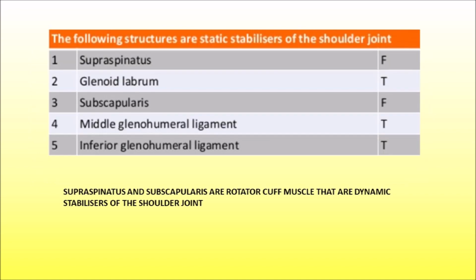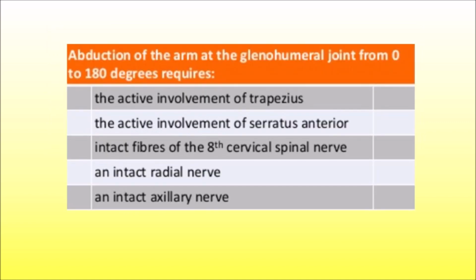Supraspinatus and the subscapularis are the rotator cuff muscles that are dynamic stabilizers of the shoulder joint. So, only the glenoid labrum, middle glenohumeral ligament, and the inferior glenohumeral ligament are the structures which are the static stabilizers of the shoulder joint. So I've already told you, remember the mnemonic SITS to remember all the muscles that come under the rotator cuff. Let us move on to the last question, that is abduction of the arm at the